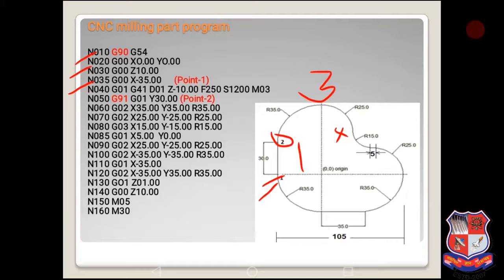So after the completion of that arc, we have to move the cutter linearly. So we use G01 command with a coordinate value of only x with minus 35 because the reference or the last point is this one, that is our 0 0 due to the incremental programming, and we have to move in left direction from the 0 0 value. So we wrote minus 35.